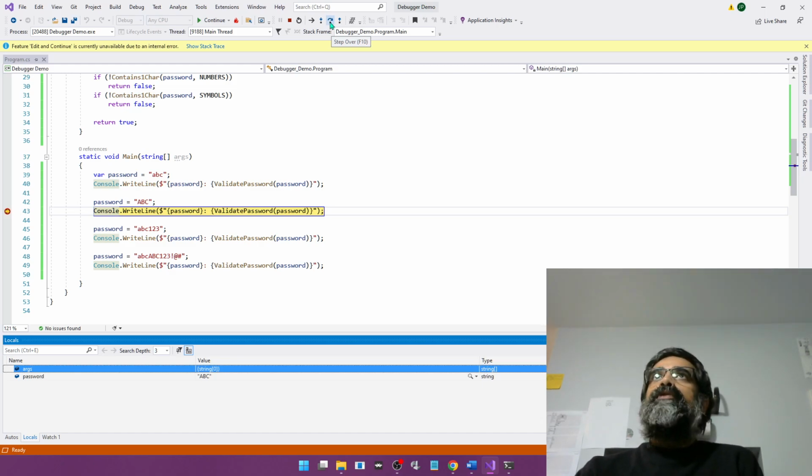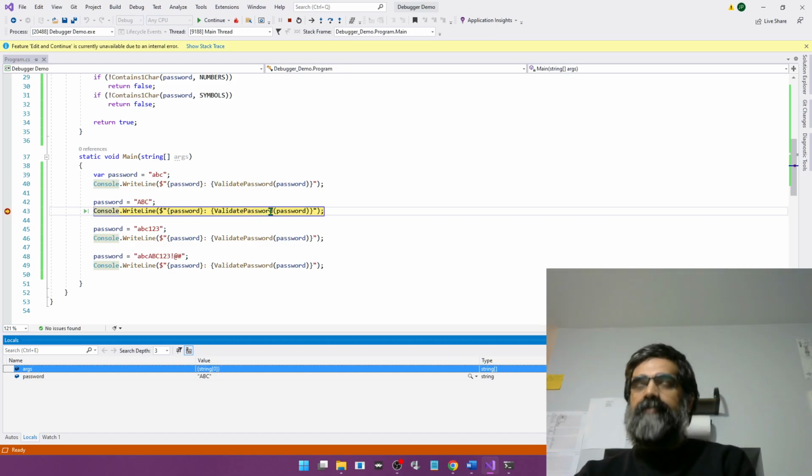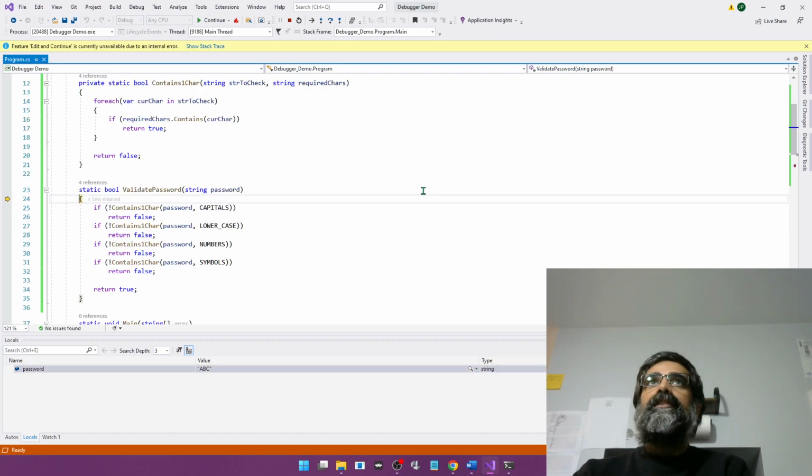And we see three buttons over here that allow me to navigate my code one line at a time. We have step over, which is F10, we have step into, which is F11, and step out of, which is shift F11. So I want to go inside of this function call to validate password, so I'm going to press step into, press F11 to step inside of that function, and now let's see how it verifies that this doesn't contain any numbers. So I'm going to press F10 to step over,